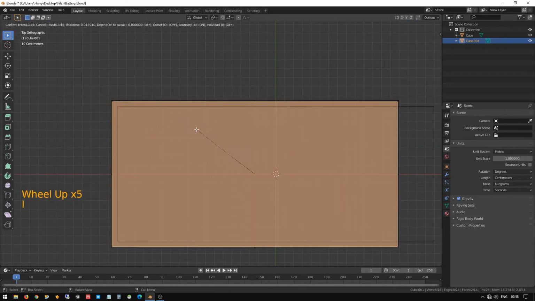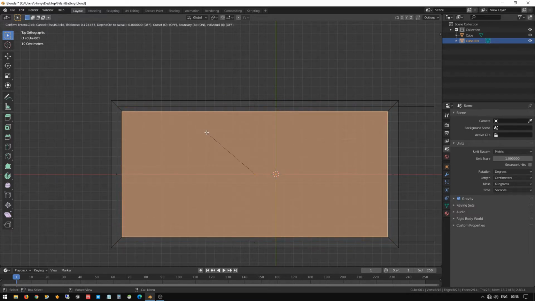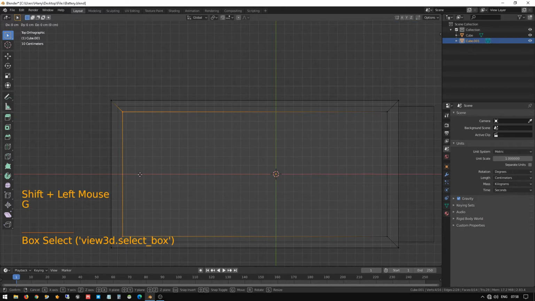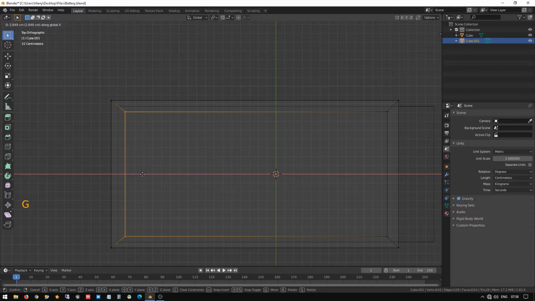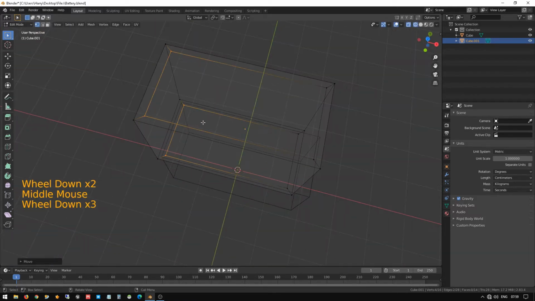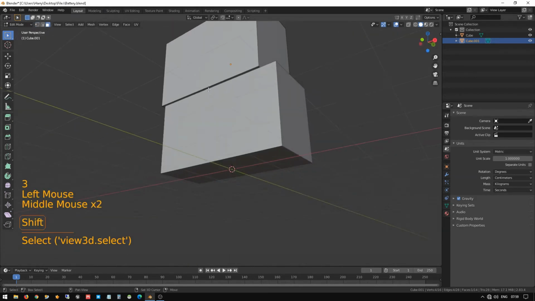Press 7 and go to wireframe mode, press I to inset, and inset the faces with the same width and location. Okay, after the inset, go to edge selection, select these edges, and press G X to move them a little bit further for an even angle. Okay, now this is created. After this press Z, go to solid mode and select the face.